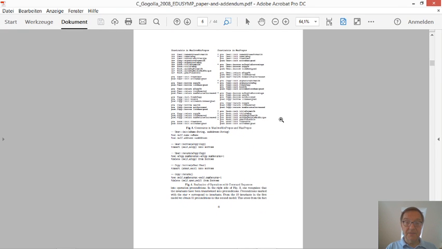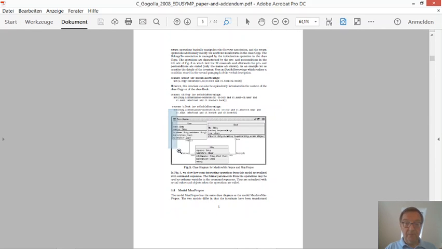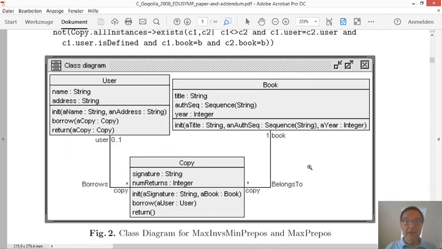Why is there this different typing? These 4 attributes sort of simulate these roles: user, copy, copy, book. So user becomes an attribute in copy, book becomes an attribute in copy, this copy becomes an attribute in user, and this copy becomes an attribute in book. And according to the multiplicities,